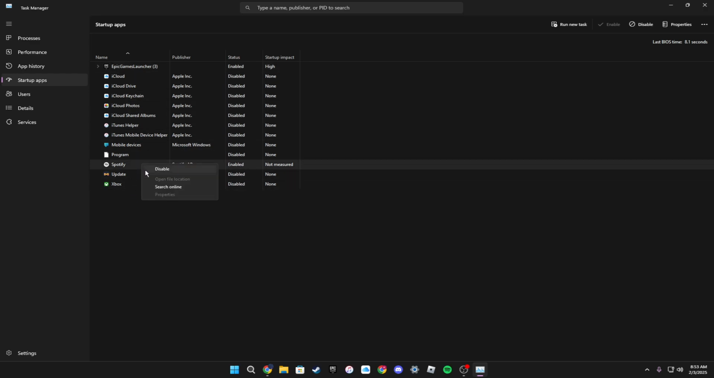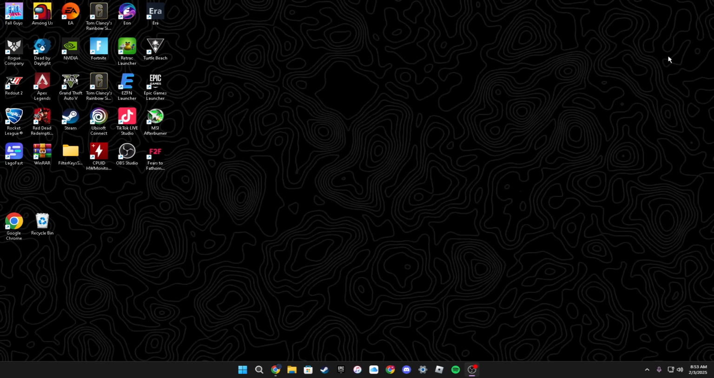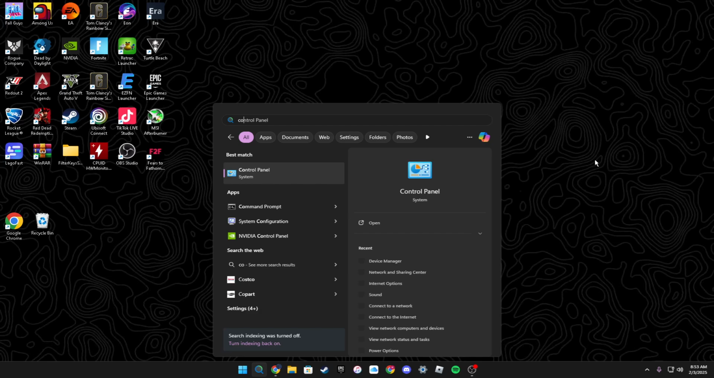Disable the ones you do not use, so I'm just going to disable Spotify because I did not use that. Epic Games Launcher, I do use that, so I'm not going to touch it. I disabled all of these. Alright, now you can close that. Now click on this, go to Control Panel,